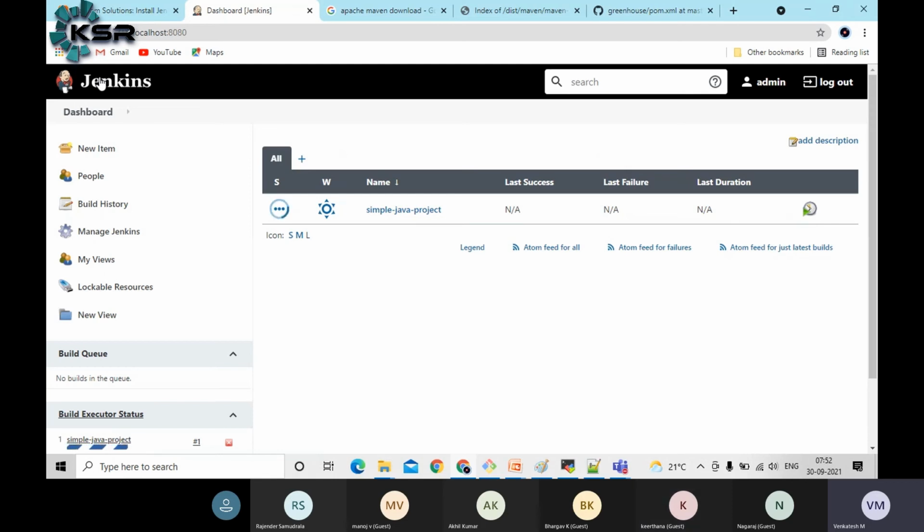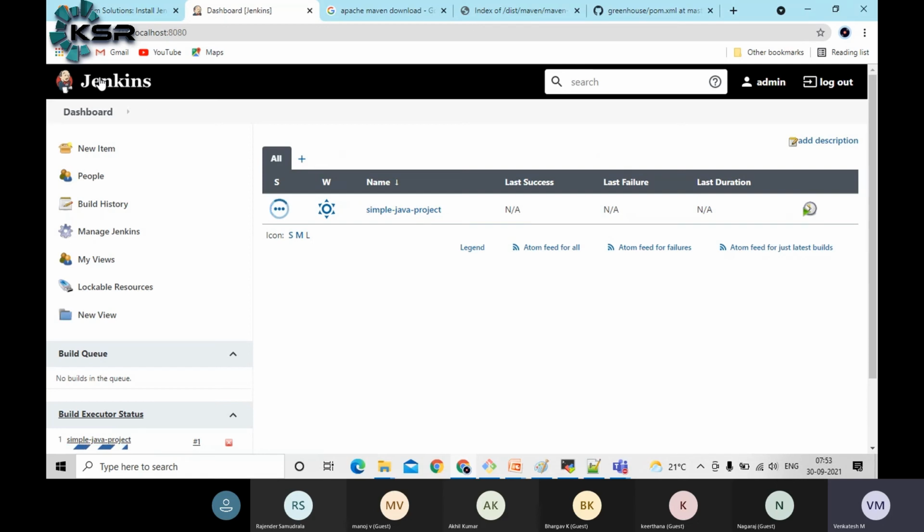If they want to test you further, there is something like pipeline as code, where Groovy scripting will be there. That part I will cover, maybe not by this weekend, but based on time, by next week I will cover it. Pipeline as code is that concept, and Groovy scripting we need to do. They will ask what the different stages are and how you have done them.